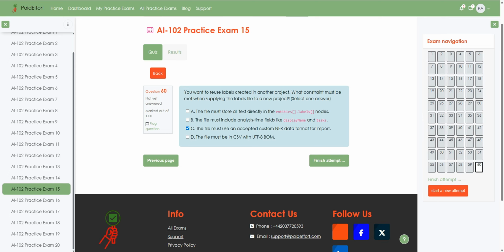A. Labels reference entity spans, not full raw document text, so storing all text in the entity's labels nodes is not how labeling files are structured. B. Display name and tasks are request time analysis fields. They are not required or valid in label import files. D. CSV with UTF-8 BOM is not a supported format for custom NER label imports. The service expects specific JSON-based schemas,